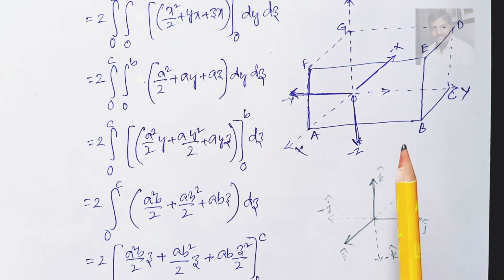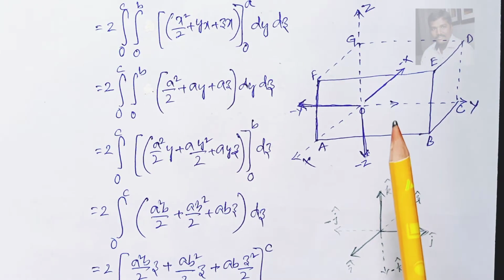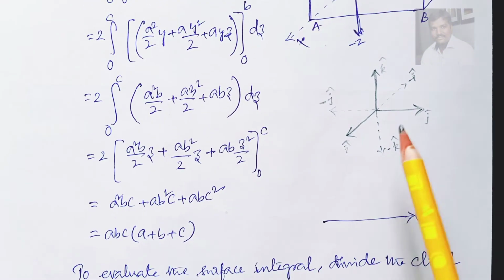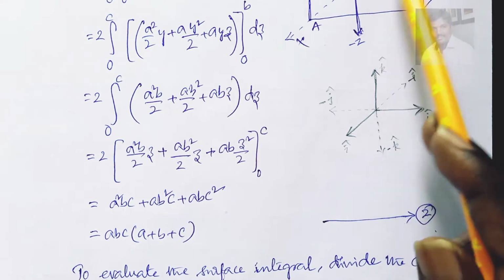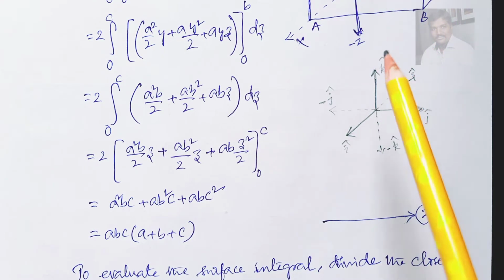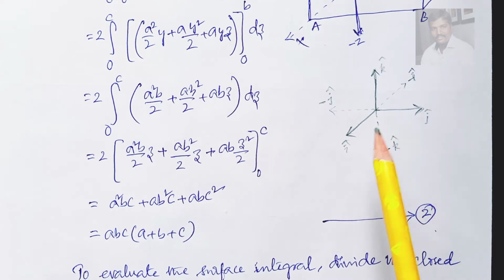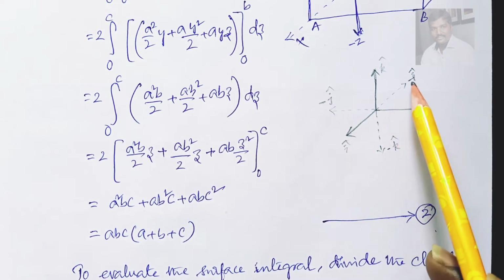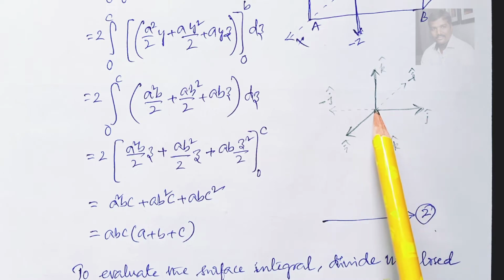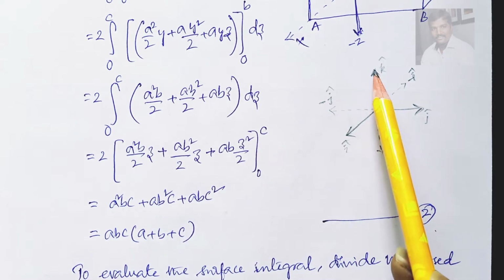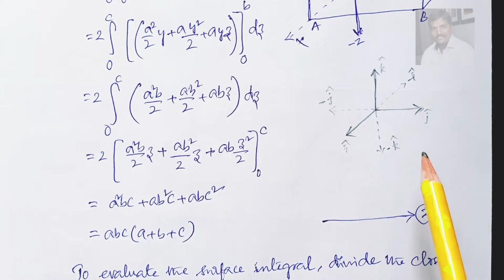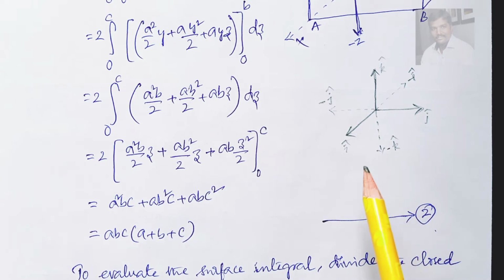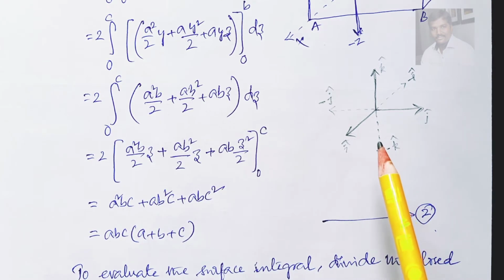So this is the diagram. Assume these are the 6 surfaces here. Here this indicates x, here this is y, this is minus y, plus x, plus z, minus z. So the directions in the vector notation: x is i bar, minus x is minus i bar, y is plus j bar, minus y is minus j bar, k bar means plus z, minus z is minus k bar. In the vector notation the directions indicate x, y, z means i, j, k and minus x, minus y, minus z means minus i, minus j, minus k.